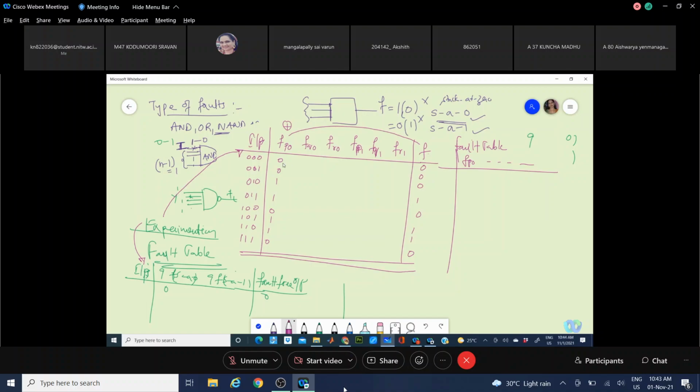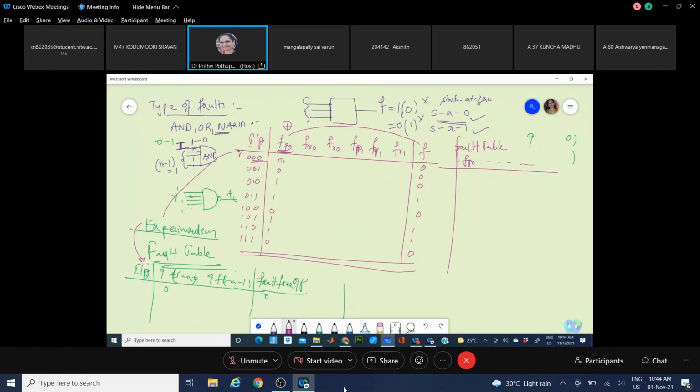Means that if a 0 is entered in this table, it indicates that for that input, the line on which you are finding a fault is fault free, because they are having the same value. A 1 indicates that that value is the complement of the needed one.